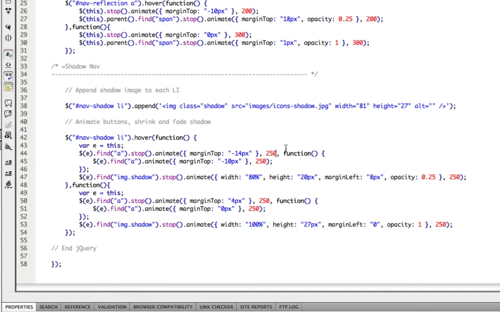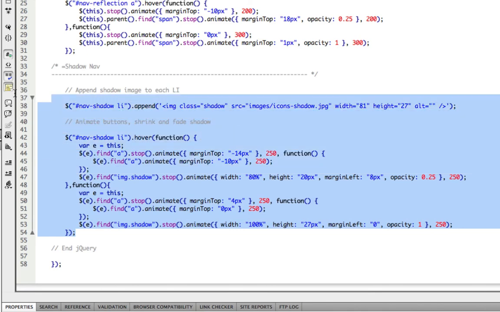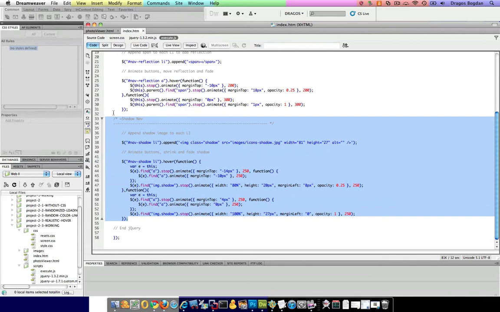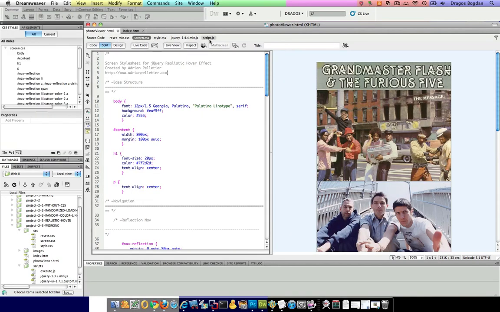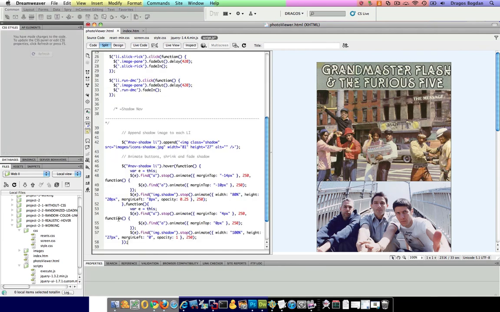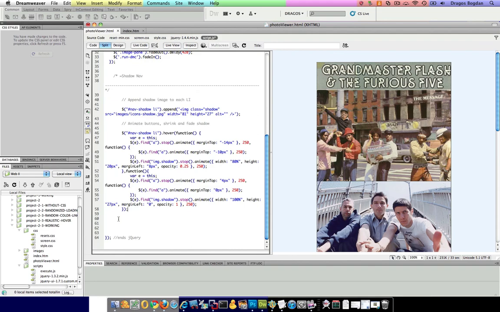Okay. Anyway, this should give you a little bit of an idea what's going on. I'm not saying you know exactly what this code means or that you could do it yourself, but you have a basic grasp of what's happening here. So let's go ahead and take all this and copy it, and now I'm going to go into mine and put it into script.js, and let me put it at the end, under shadow navigation. Okay,